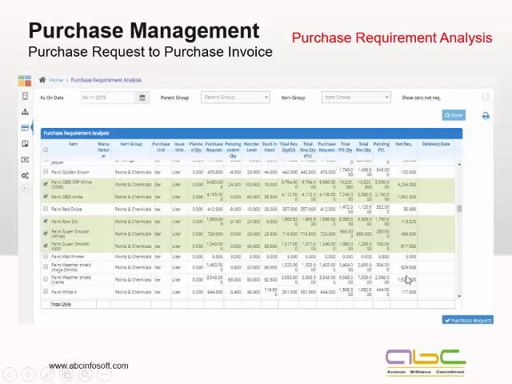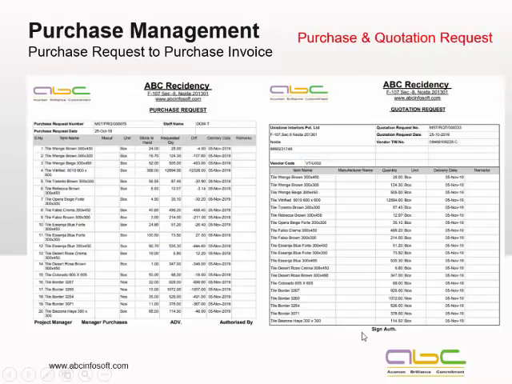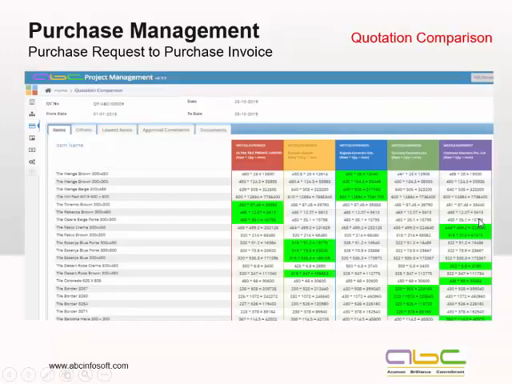This is something we have designed very meticulously. So the system will automatically give you, based on all these parameters, what is the required quantity. So I can simply select the items and go for the purchase request. Automatically I can generate a purchase request from here, or I can go for the quotation request to various vendors. Whenever you're generating it, the system will give you complete details: material, manufacturer, unit, stock in hand, requested quantity, what is the difference, delivery date expected and all.